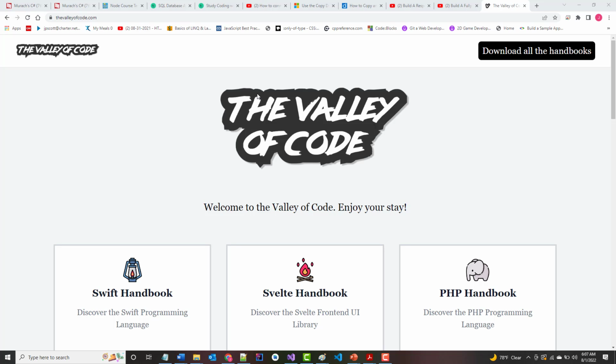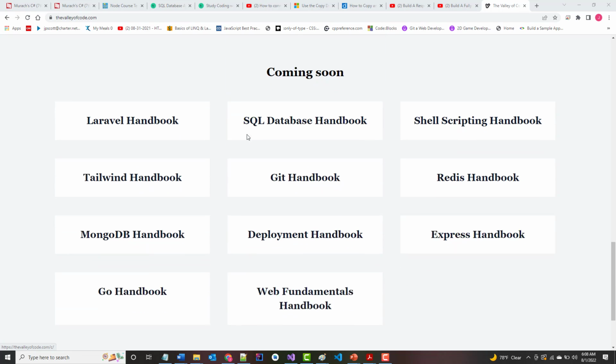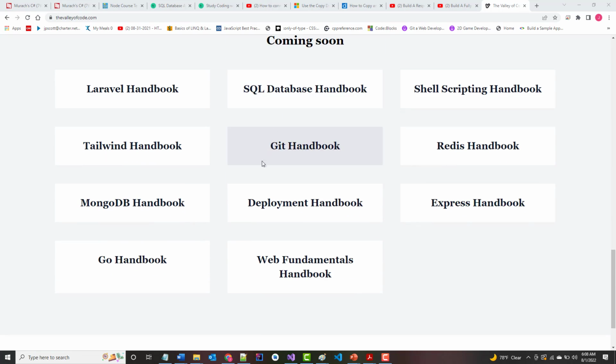So I've gone out to this website called thevalleyofcode.com, and I did this a couple years ago, but I'm trying to update it, upgrade it, whatever you want to say. These are a series of handbooks that are written by a gentleman named Flavio Copes. I think I'm pronouncing his name correctly. I'm not positive. But I went through here, and he's got 3, 6, 9, 12 handbooks, plus he's working on